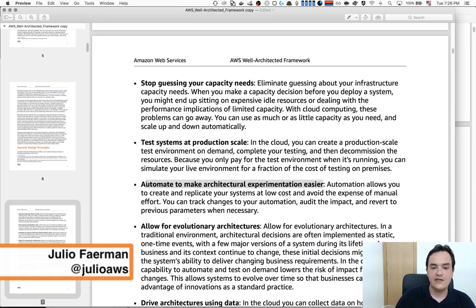So automating to make architectural experimentation easier. This is something we'll do using a service called CloudFormation mostly, and this is the key to automating every step in our software delivery process. We're going to make sure that everything is made by code and that can be easily replicated. So if you need more environments or environments in different regions, you can